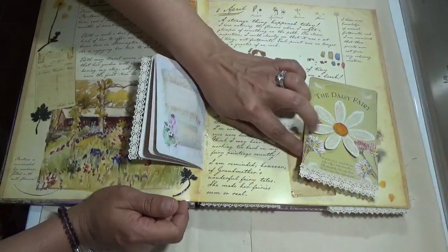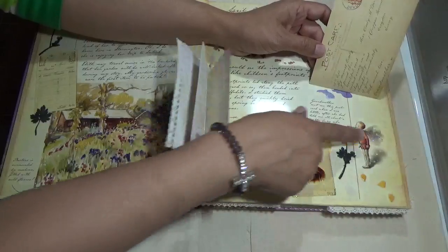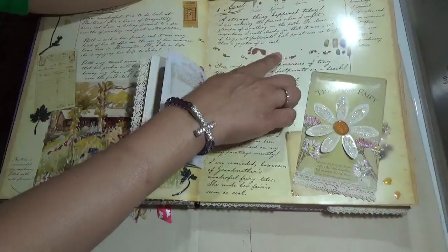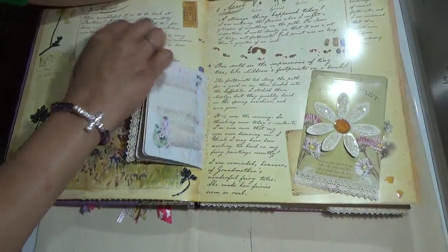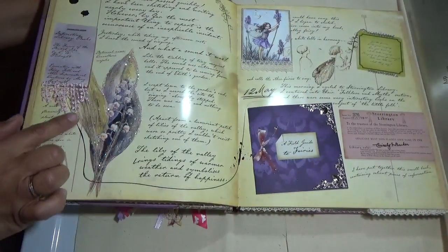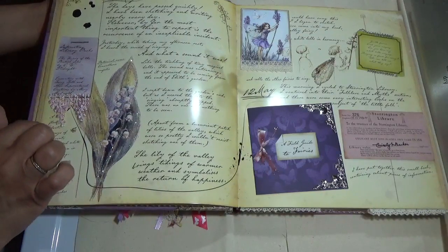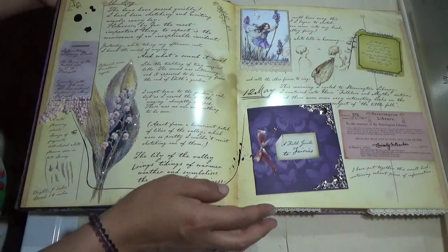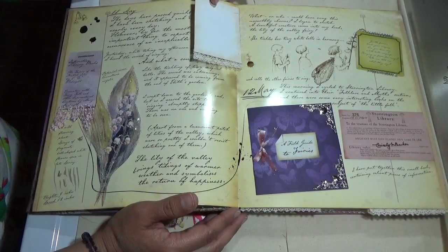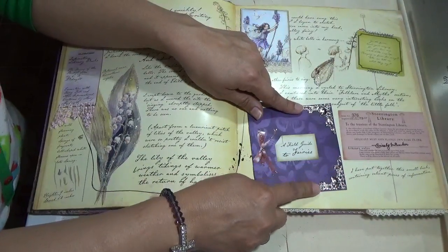And then that goes up. There's another fairy there. I've glittered her up. I've glossy accented all these little tiny footprints. And then I've glittered this beautiful flower here, added some trims here, and then I've added this little journaling card here for extra journaling. I've added book corners here,